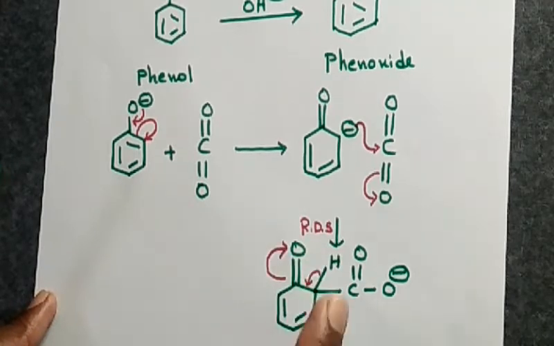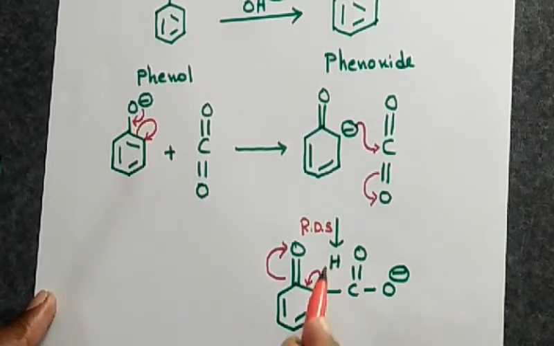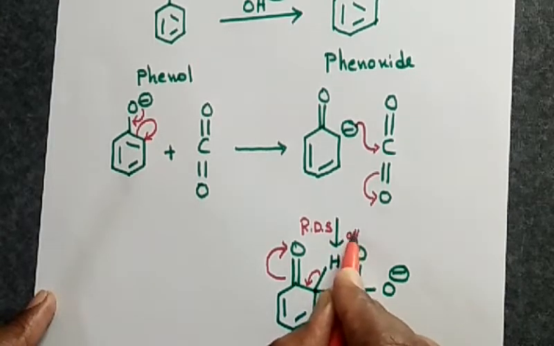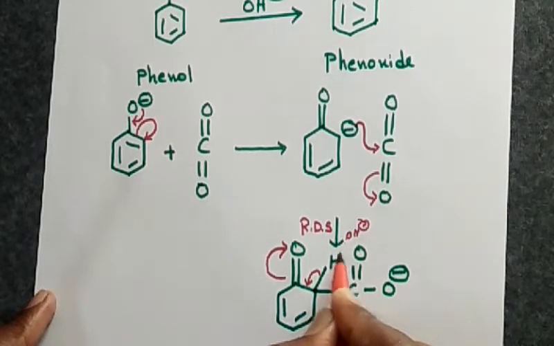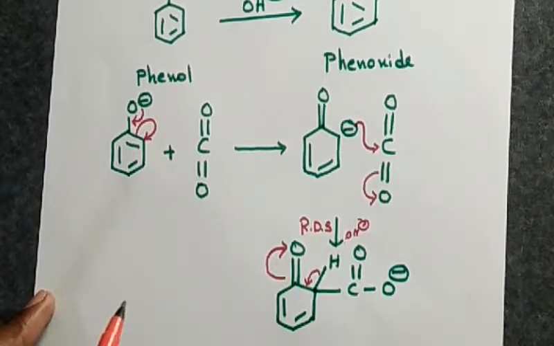For this to happen, what should be there? The condition is that the hydrogen of the C-H bond has to be attacked by a base. The base should give electrons to the hydrogen, so that the C-H bond electrons shift inwards to the benzene ring, and then this pi bond transfers entirely onto the oxygen. Please remember this: the base attacks this hydrogen, and simultaneously the two electrons of the C-H bond shift into the benzene ring system. This is an important point to be considered.